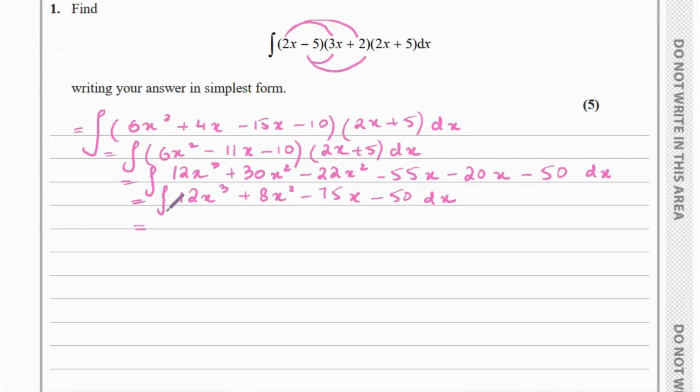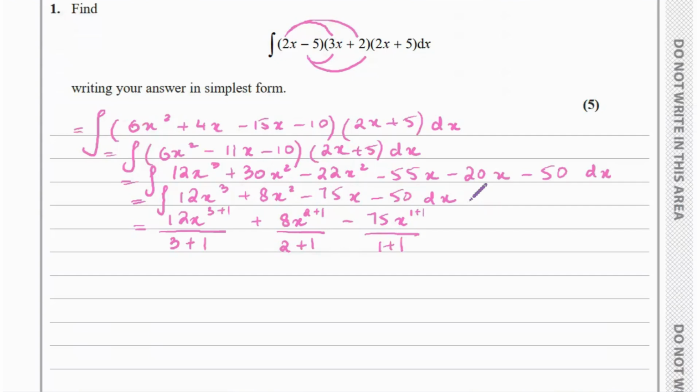So it's going to be 12x to the power of 3 plus 1. I added 1 to the power, and then I'm dividing it by the new power, which is going to be 3 plus 1. Same thing again. 8x to the power of 2 plus 1 divided by 2 plus 1. Negative 75x to the power of 1 plus 1 divided by 1 plus 1. Now for the